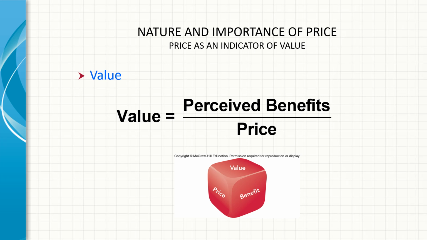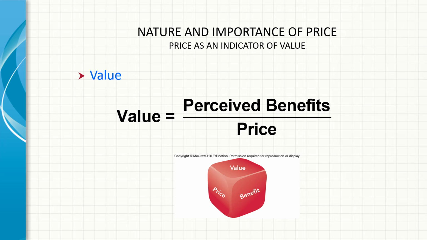Now, let's talk a little bit about the nature and the importance of price. One of the ideas about price is the concept of value to the consumer. For any particular item that a person might want to purchase, there is a value, and the value is the perceived benefits of the product divided by the price. So it's a comparison of perceived benefits by price. And we tend to buy products that we think have the highest value. That is, the most perceived benefits